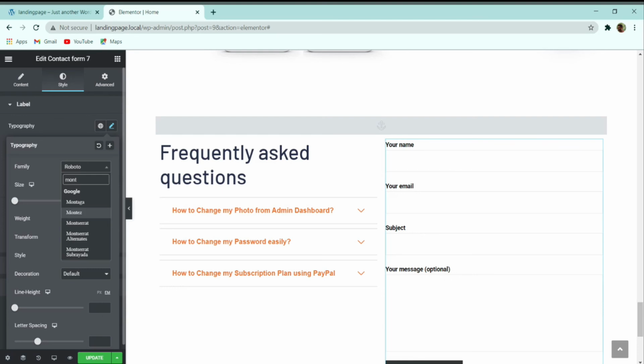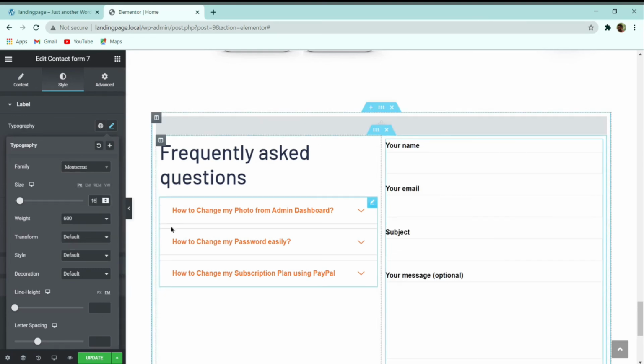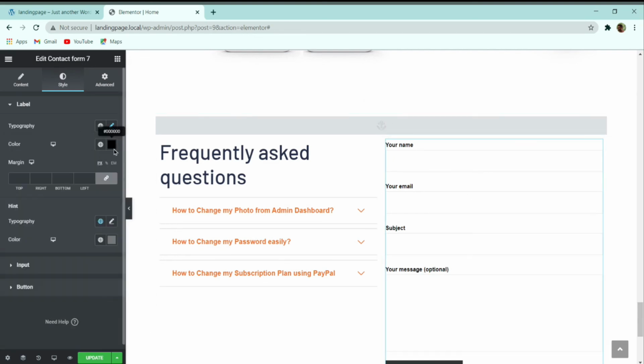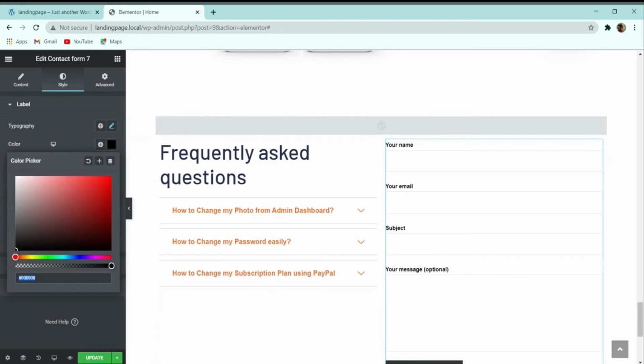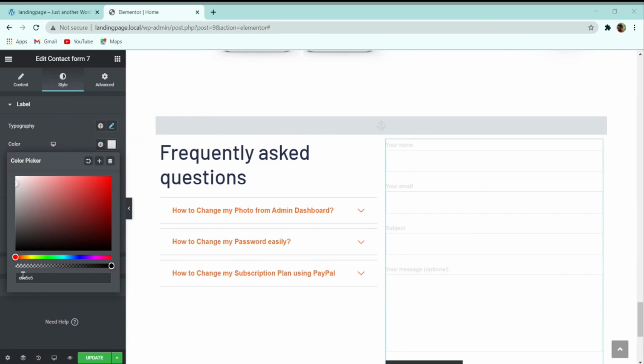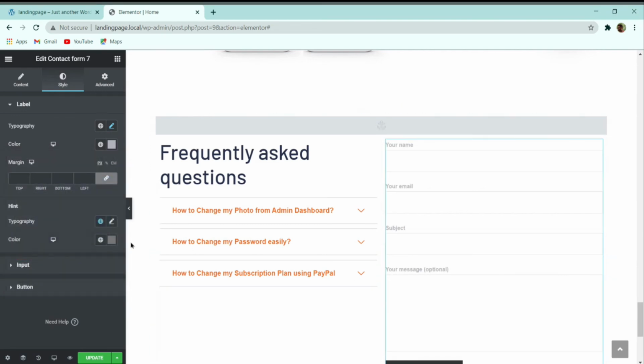Simply select this font family to Montserrat, and give a size of 16, or let me give 13 pixel, and then you can give it 700 weight, and then you can change the color from here also. Let me give E5E5E5, or let me change it, so here I can give the color B2B773.